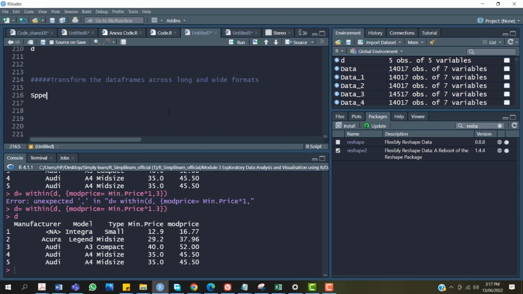Let's create a number of variables. First, let's say a variable speed.1. This may be the first observation for different speeds. Let's have a number of values here. These are hypothetical values of speed observations for different vehicles A, B, C, D, E, F. Similarly, we'll have a second set of observations as speed.2 with hypothetical values here.